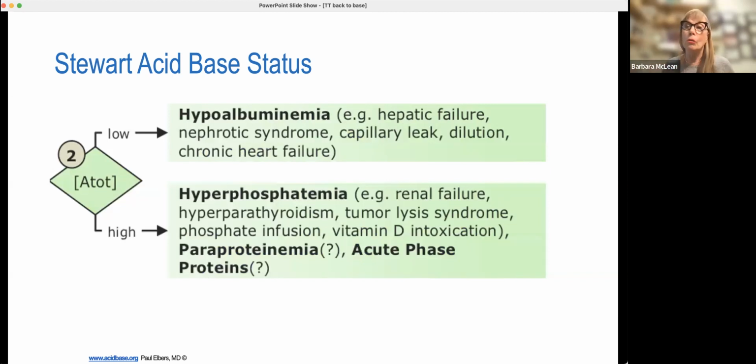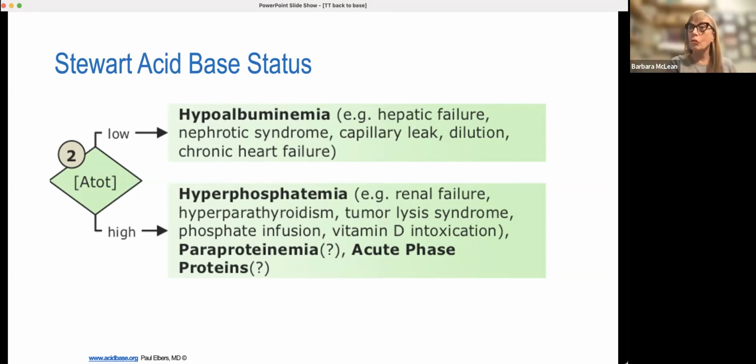Okay, then we go to things that are not quite so obvious. So first of all, this is part of the total anion. That's what Atot means. When you have low albumin, you've got higher acid, because the acid bound to the albumin is low. If you have a pathologic decrease in albumin, you will have some level of metabolic acidosis because albumin is required to buffer. And remember, that's part of your base calculation, but albumin is required to help buffer the acid, right? Higher levels of phosphate